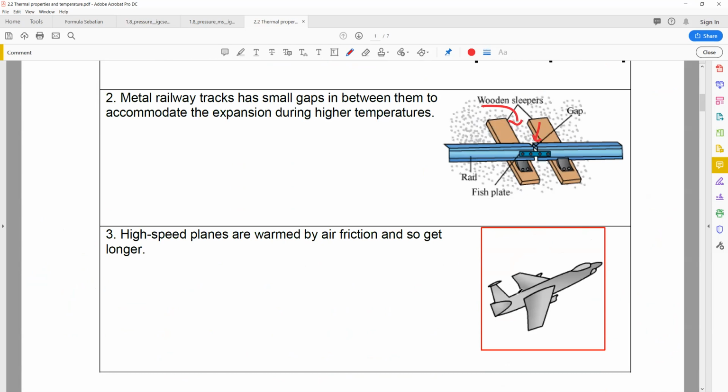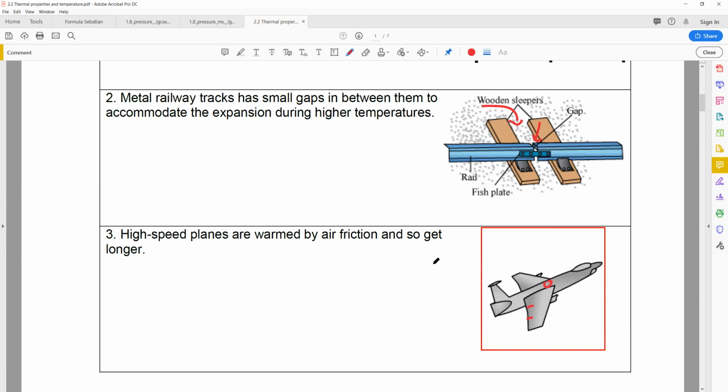If you've ever sat at a window seat before, you'll notice that on these planes, the wing is usually not one whole line. The planes are actually separated into three segments. Why they're separated into three segments is yet again to accommodate for the expansion of the metal wings, and thus not cause a super